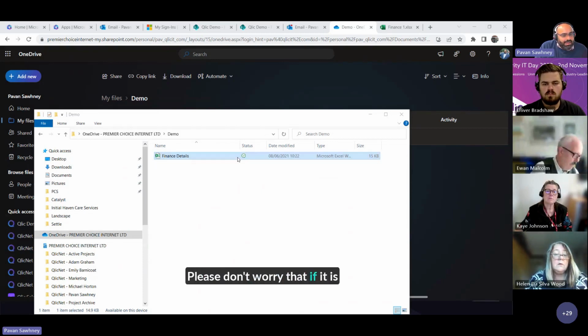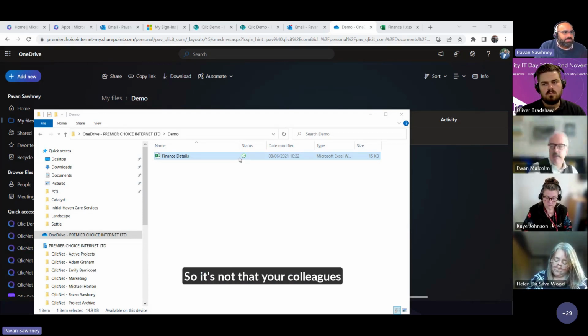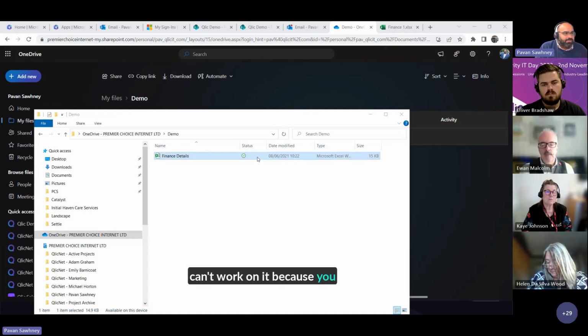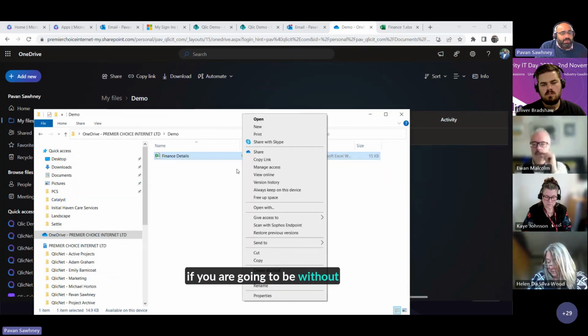Please don't worry that if it is stored locally here with this tick, any changes I make are automatically synchronized with the cloud still. So it's not that your colleagues can't work on it because you have it locally on your device. And also, if you are going to be without an internet connection for a prolonged period of time,